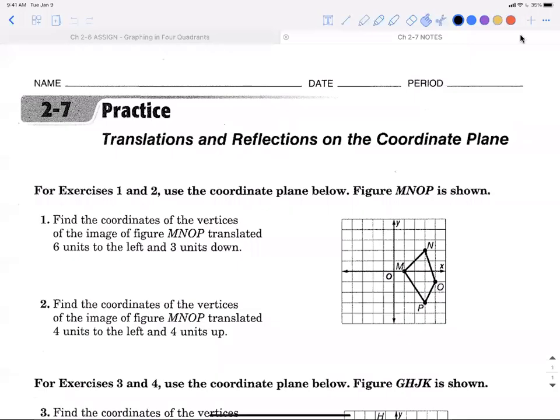All right. Chapter 2-7, we're going to talk about translations and reflections on a coordinate plane. And a coordinate plane is just simply your X and your Y axis. Okay, it's a grid pattern that you can graph coordinate points on. Just as a review